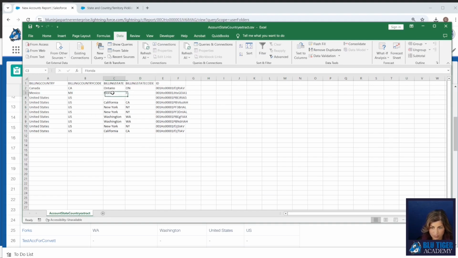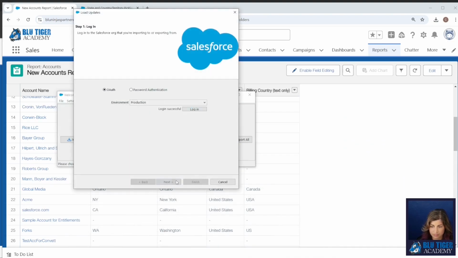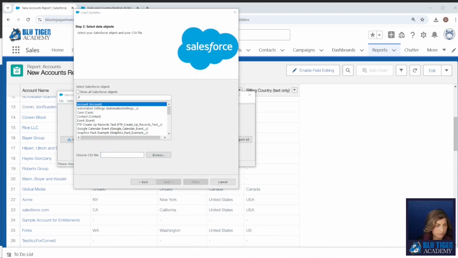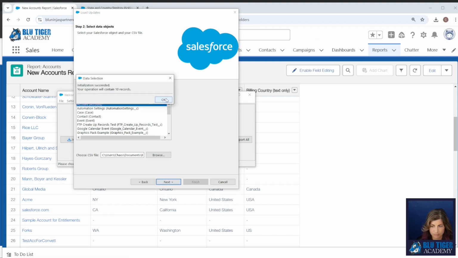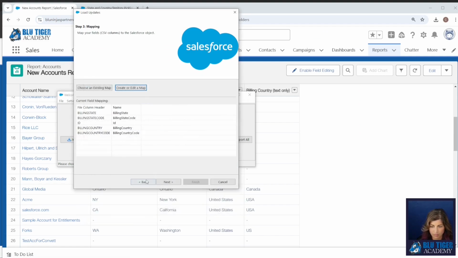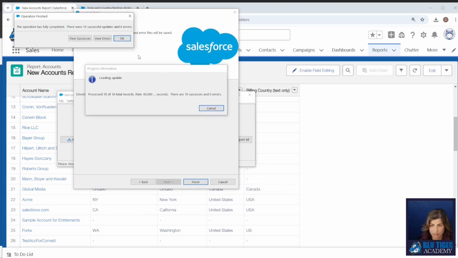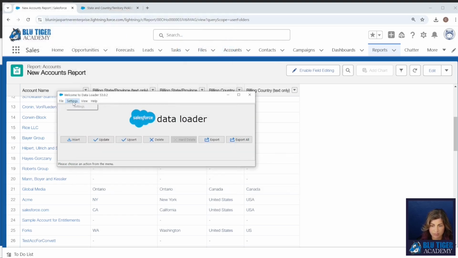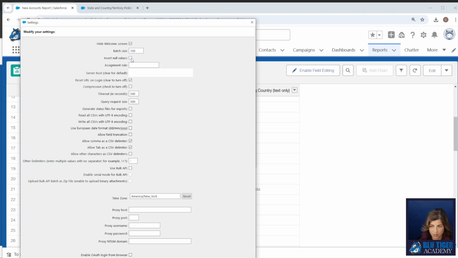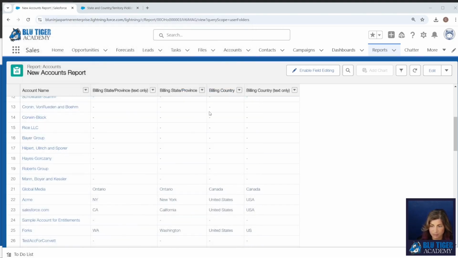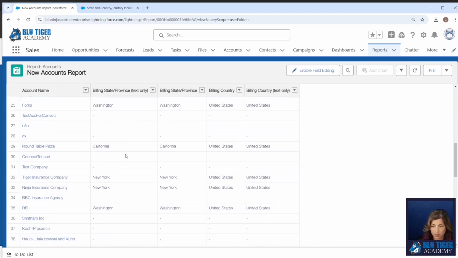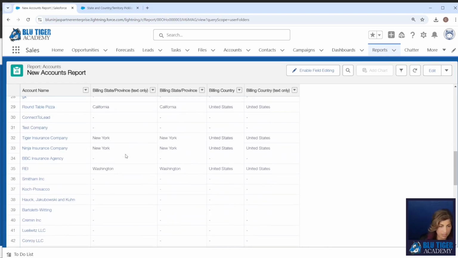So here's my Excel file. So I'm going to pull out Florida from the country of Mexico, and then I'll save that. All right, so that was all successful here. I like to turn this back off so that I don't overwrite any data in future uploads. All right, so we'll refresh this, and now our data is all aligned and perfect. So that will be the final check that you want to do.